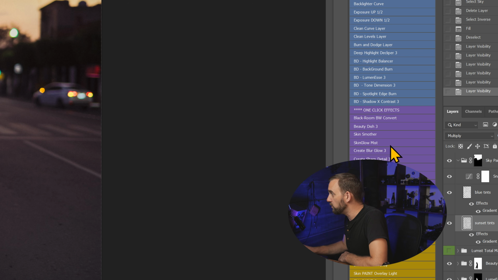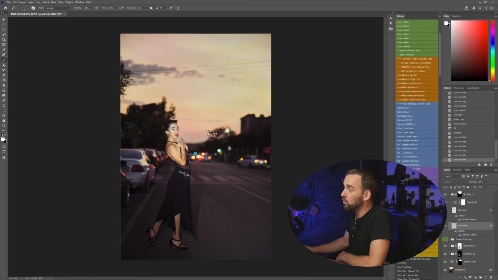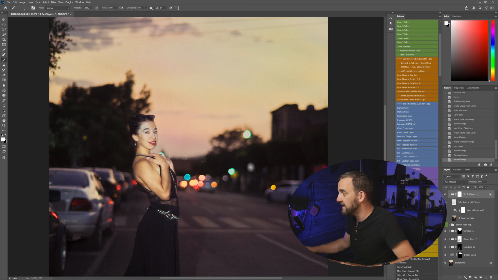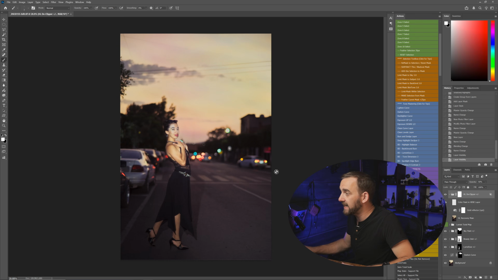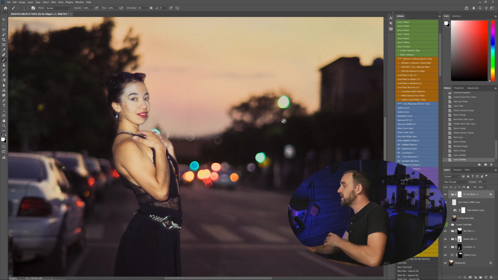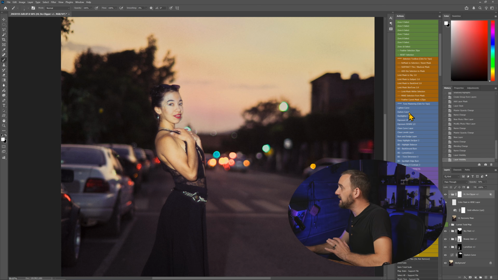There's lots of tools in the one-click effects and in the tone tools that will allow you to do things like highlights, shadows. You can do the deep highlight declipper, which is for more intense clipped highlights, to soften them up a bit and make them not quite so bright. There's a lot of tools in Lumist, and I'm going to cover more specifics on these in the advanced Lumist user guide. But I wanted to make sure in this quick start guide that you could just get in here,